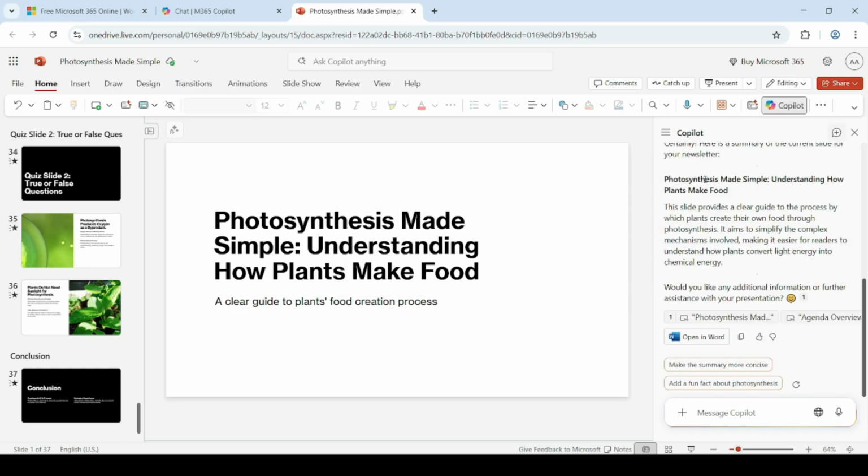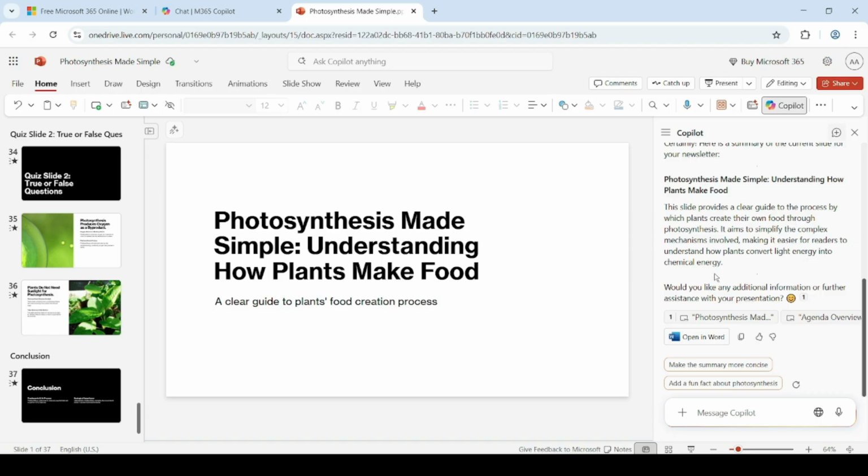It has generated the summary. Photosynthesis made simple, understanding how plants make food. So this slide provides a clear guide to the process by which plants create their own food through photosynthesis. It aims to simplify the complex mechanism involved, making it easier for readers to understand how plants convert light energy